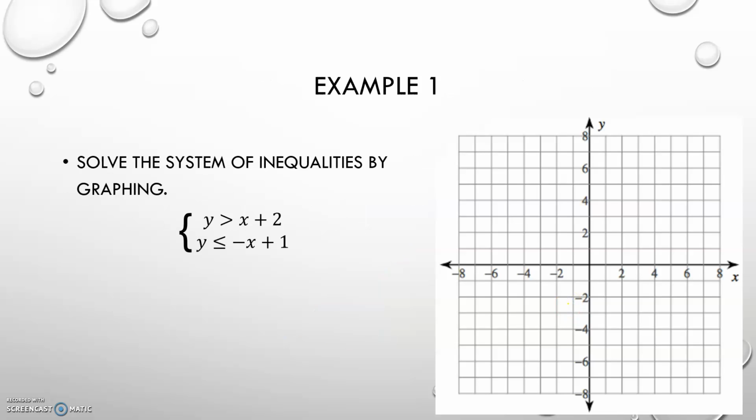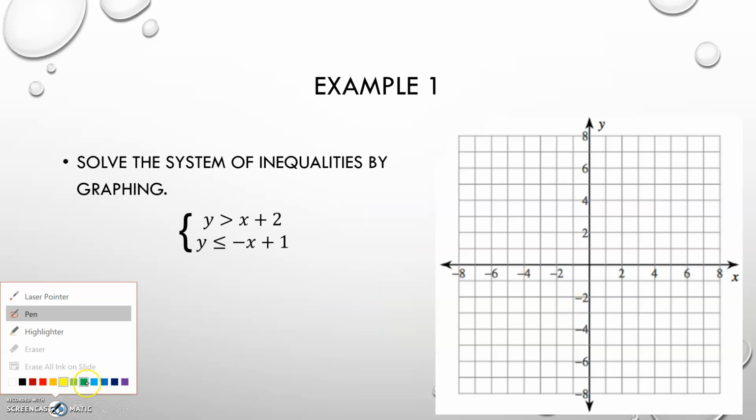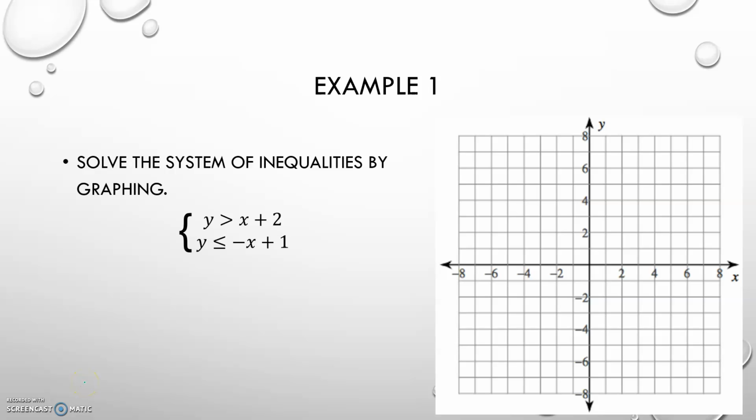Solve the system of inequalities by graphing. Well, both of these lines are in white, so I'll use different colors for my lines for now. You can use whatever method you need to distinguish them. But I'm going to start by graphing my y-intercept of 2 and then my slope of 1. So I'm going to go like this. And if it's dotted,